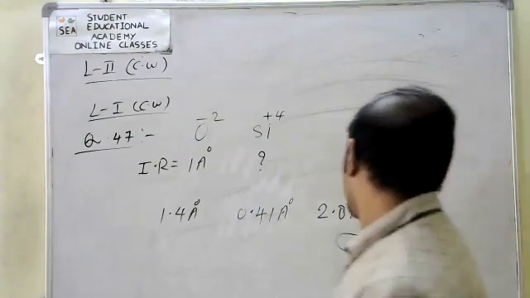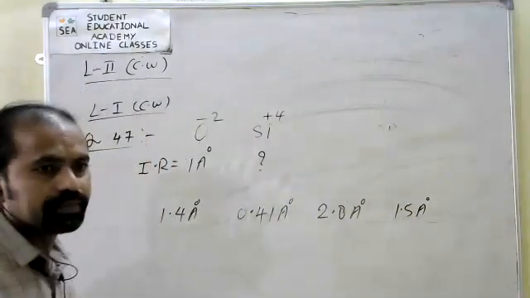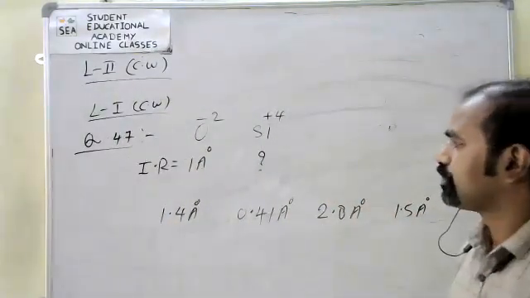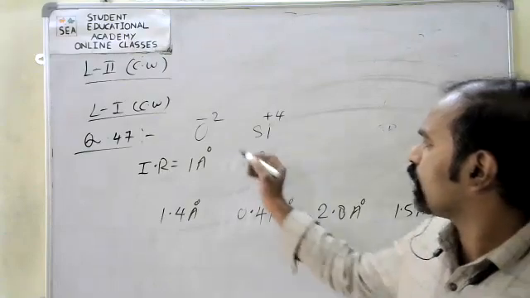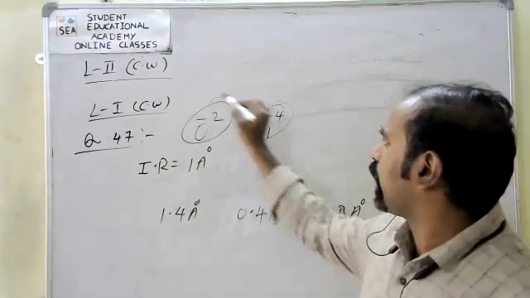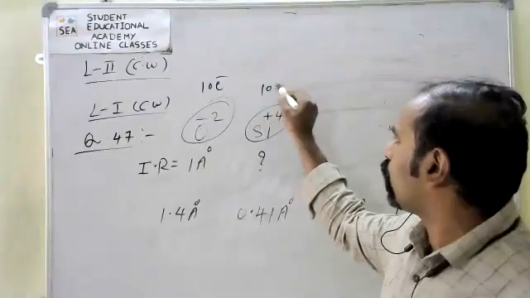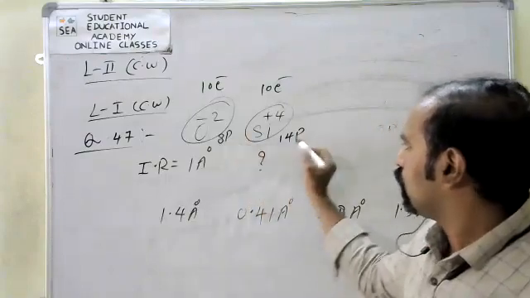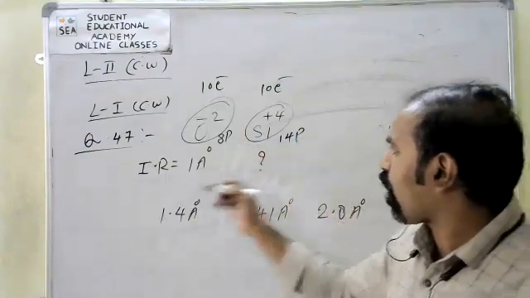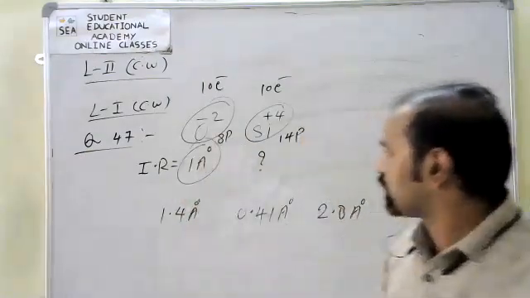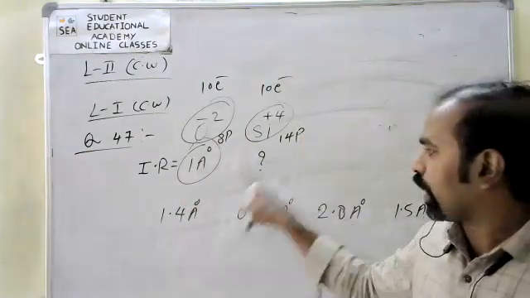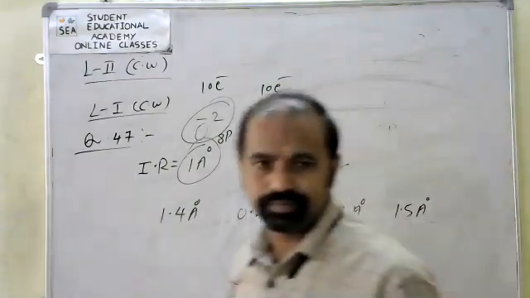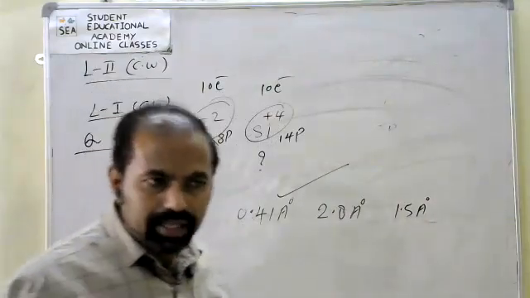0.41 angstroms. How to say that? More positive charge on silicon. So compulsorily O-2 and Si+4 are isoelectronic, 10 electrons. But here protons are 14, here 8 protons. More protons means compulsorily ionic radius less. Compared to 1 angstrom, it is less. So 1.4 is more, 2.8 more, 1.5 more, 0.41. Like that, we identified.